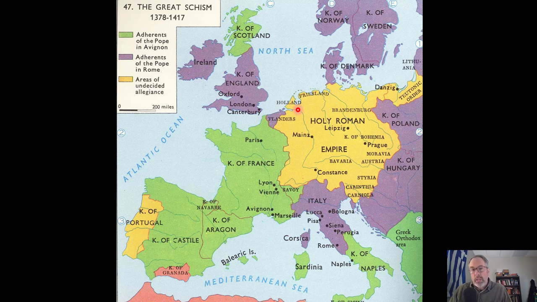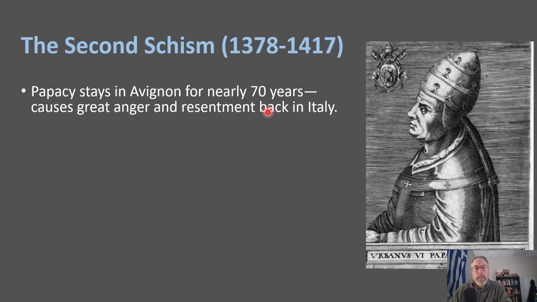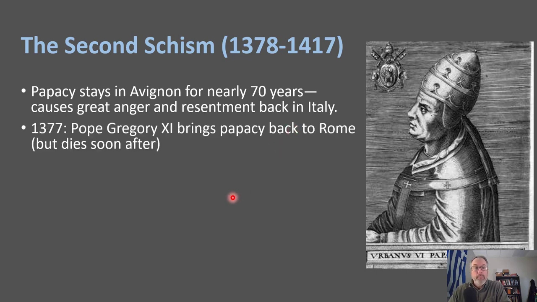In choosing one pope over the other, you immediately are declaring not just spiritual alliance, you're declaring political alliance as well. So this is a massive deal. And so the papacy in Avignon stays there for 70 years. Back in Italy, the local Italians are deeply proud that on the boot of their territory the Vatican is, St. Peter's is, the bones of Peter are. So there's massive anger at Philip's move of taking the papacy, more of a political move than anything.